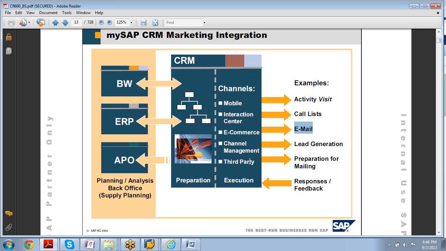module. Third party, because you have to prepare for mailing for all these things. And in reverse, in the execution, you'll get some responses, then the lead management starts. Why do you require ERP integration at times? As I said, the financials, the COPA, the profit related things, SAP has already built its integration in the product. So you don't need to newly develop something, but your mind should say that BW is used for strategic planning. ERP is used for your financial control.